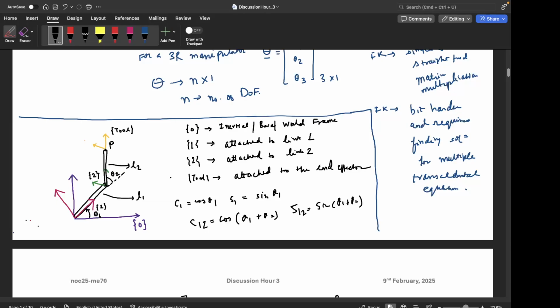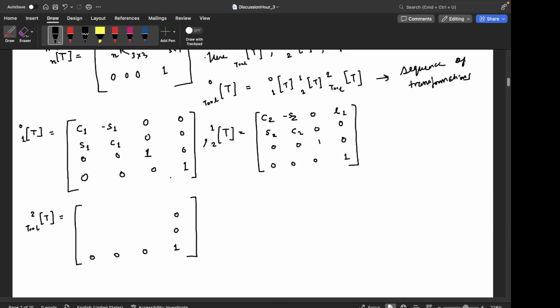The tool frame is translated by a distance L2 along the x-axis of the second frame. So the translation part will have L2 in the x direction, and since the rotation is an identity matrix, it will be